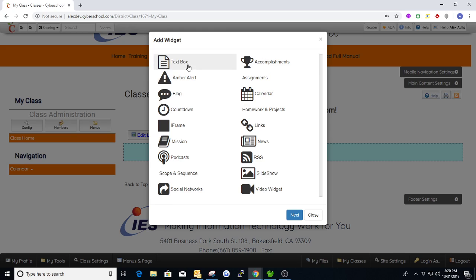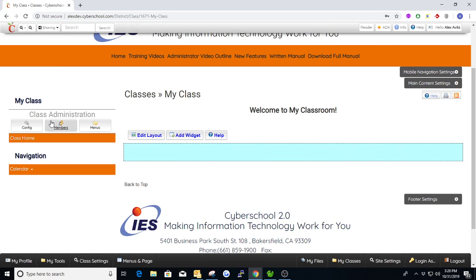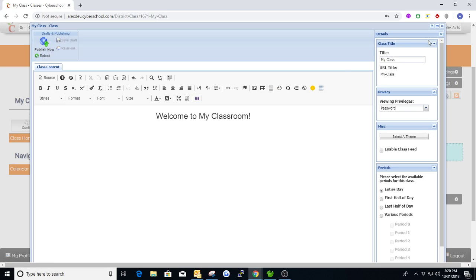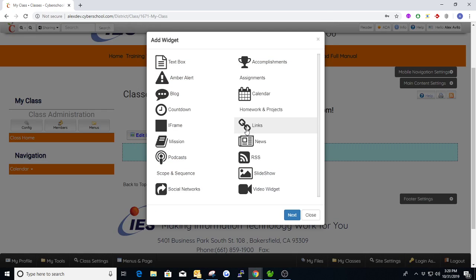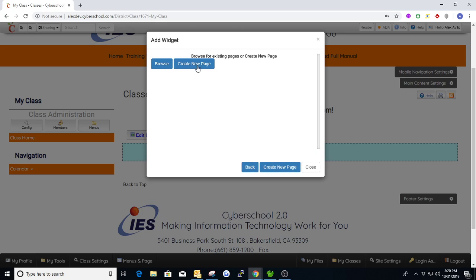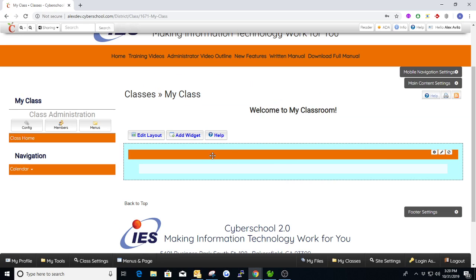The most standard one is text box, which is just you'll get an editor just like with the config. And anything you can add in this editor, you can add into a text box as well. Okay, we also have things like accomplishments or countdown. And let me just start adding these and I'll show you what we can do with them. So this is a text box, and every widget you see will have these three buttons here, or just about